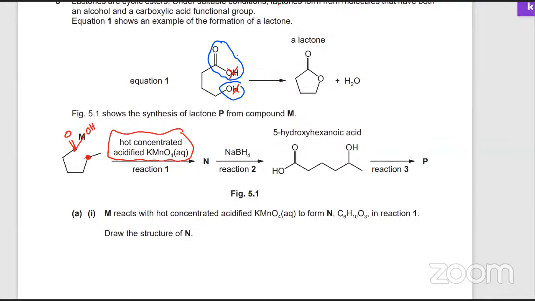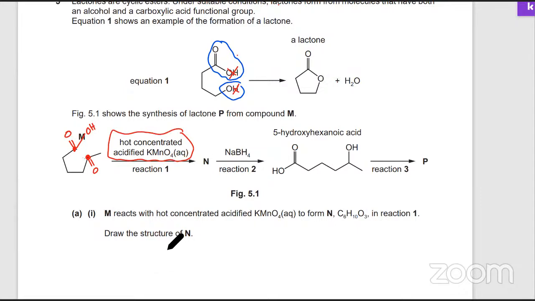What will happen to this one? It's got two carbon chains. So what will it get converted into? कीटोन। ठीक है, so that's going to get converted into a ketone, ठीक है।